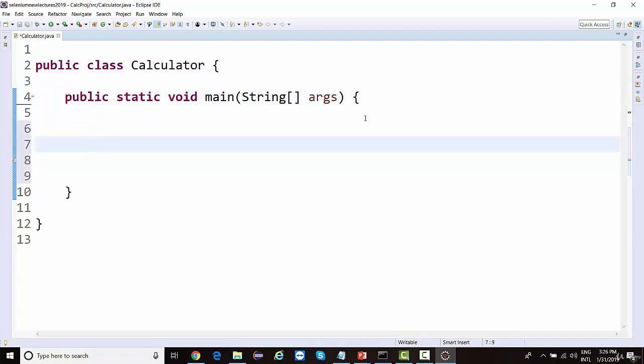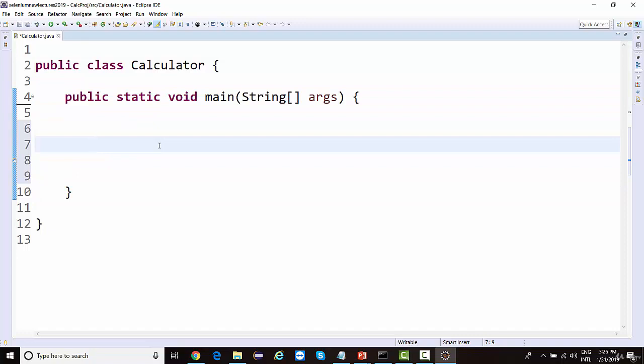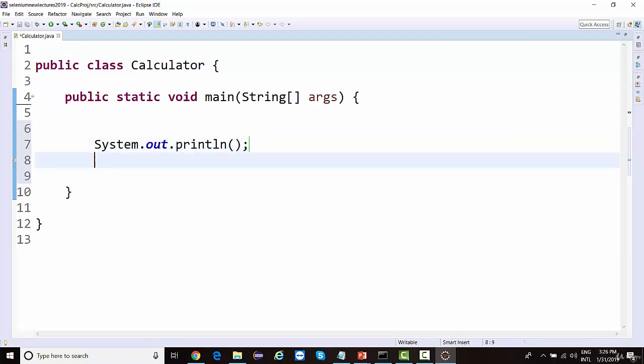Now anything that we want to execute in core Java should be present inside the main method, right? So let's say if I talk about how to print in Java, we can simply say System.out.println. This is a shortcut for writing System.out.println.